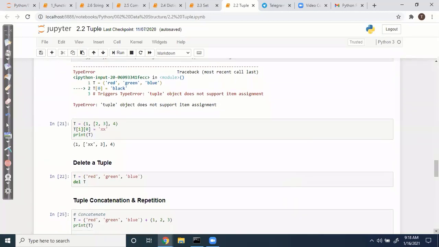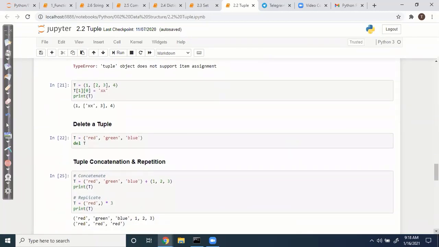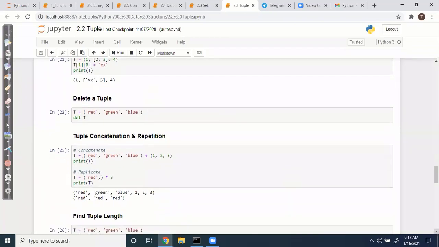So how to delete a tuple? You can't change an item in the tuple, but you can delete the entire tuple. Just use the del keyword to delete the object. How to concatenate if you have more than one tuple? Just use the plus operator. If you want to replicate, you can use the star operator, and the values get replicated.